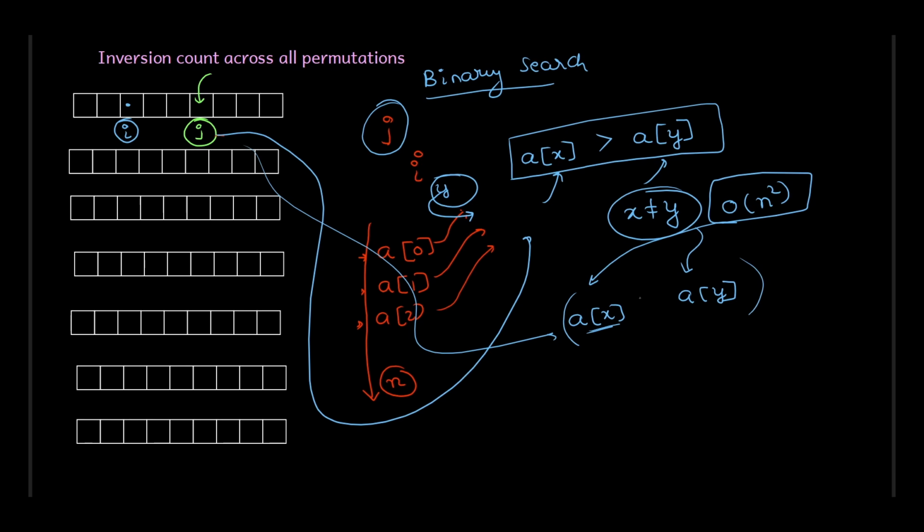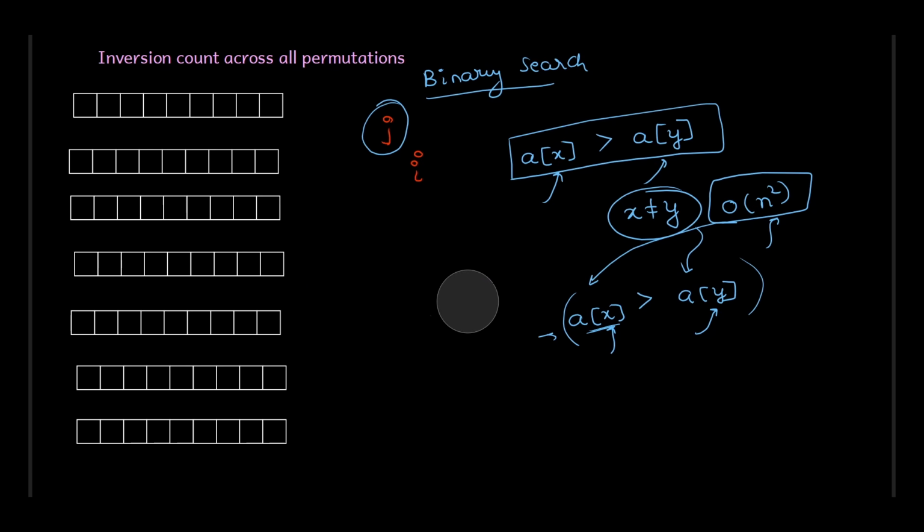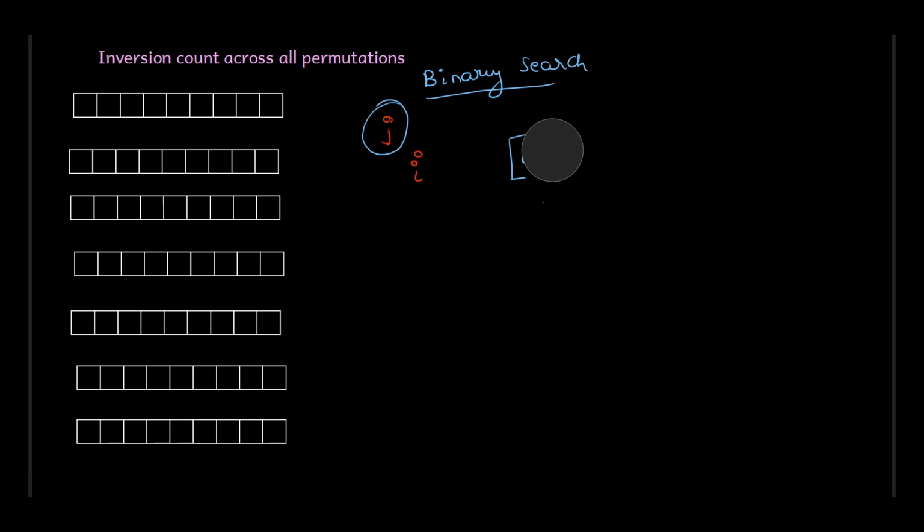So in how many of these O(n square) pairs is one of the elements greater than the other element? Because if that is the case, then we can take that as here and take this over here. So how do you do this? We try to simply mimic what we want to do, right? We want to consider all the pairs, and this time we want to place the pairs together. Previously the reason why our time complexity was increasing is because we were fixing this